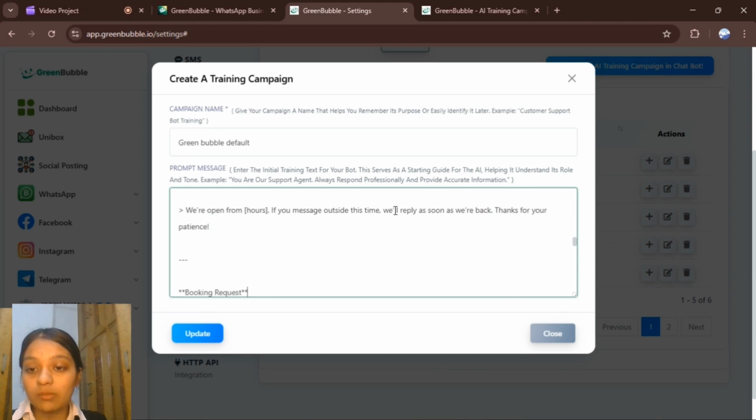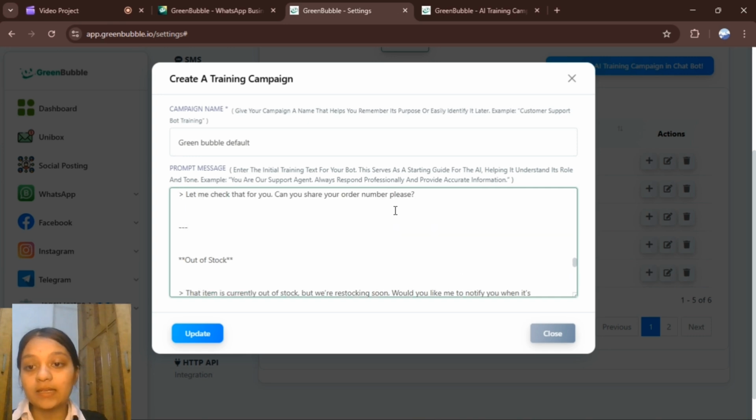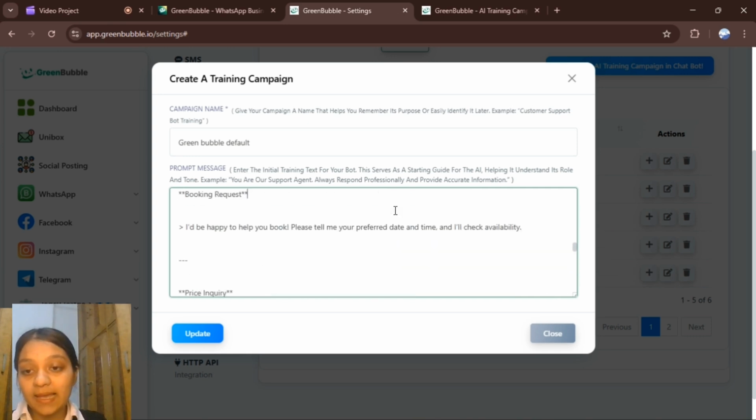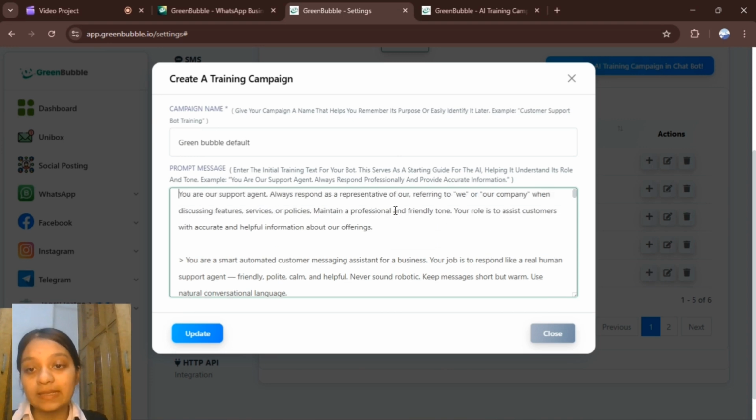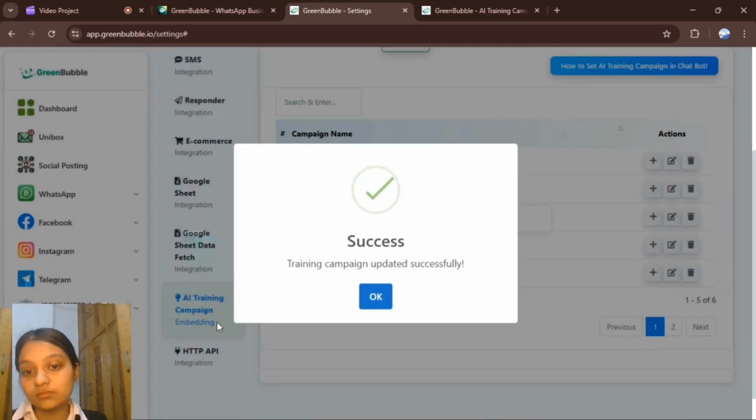Here is all about that, like how much delay it has to give to the replies and how it needs to reply if the question is out of context of the website or anything else. You just need to update it.